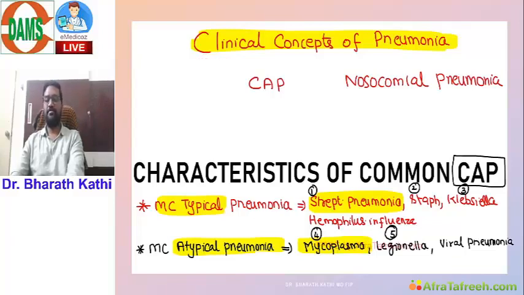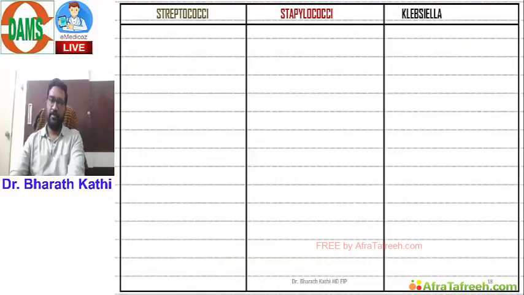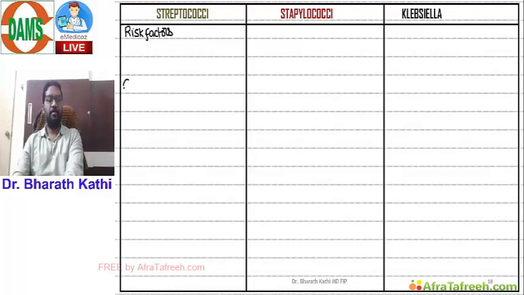I'll put it in a table so that you will know the comparative features: the important risk factors and the specific clinical features. I will not discuss the common clinical features; the common clinical features for any pneumonia are fever, cough, shortness of breath, chest pain. We will discuss the specific clinical features, what you expect on a chest X-ray,